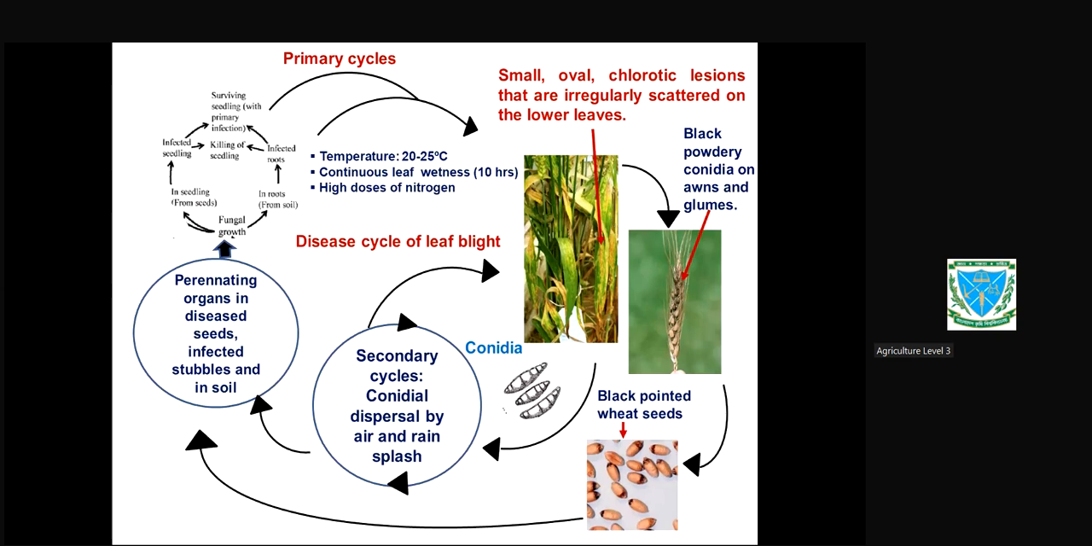Now, if it forms a head, once you notice the head in the field in the mature stage, later stage of crop development, what will you see? You can see this black powdery mass of conidia on the awns and glumes. Awns and glumes এ তুমি black powdery mass দেখতে পাবা।